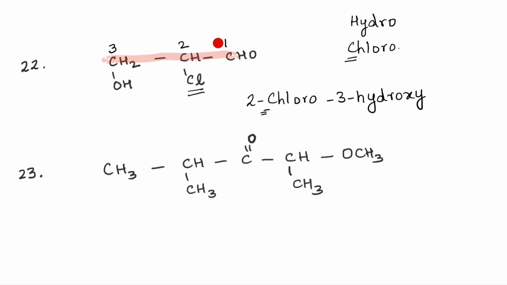3 carbon atoms in the main chain. So what will be the word root? Prop. Saturated, unsaturated. So ane, ene, ine. Look at the structure. Yes, just see the single bonds between the carbon atoms. And lastly, the functional group aldehyde. So what's the suffix for that? Absolutely. So you will get here propanal. Did you manage to get a smiley here? Do let me know in the comments section.